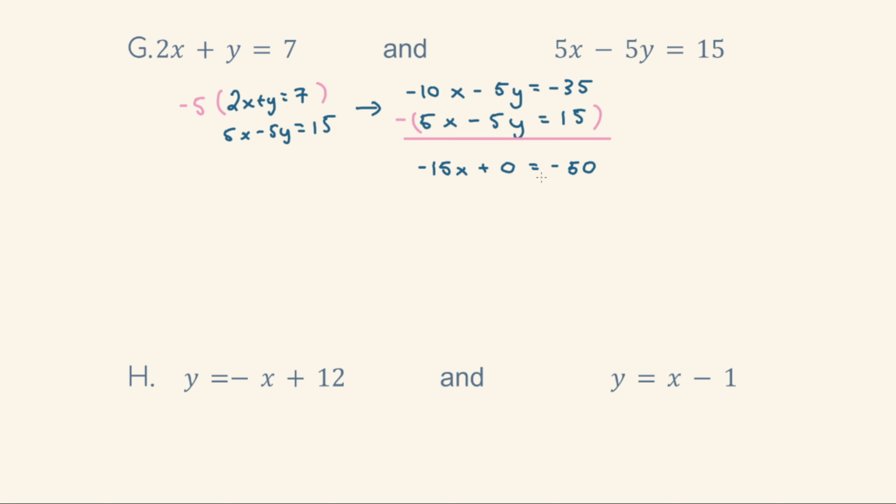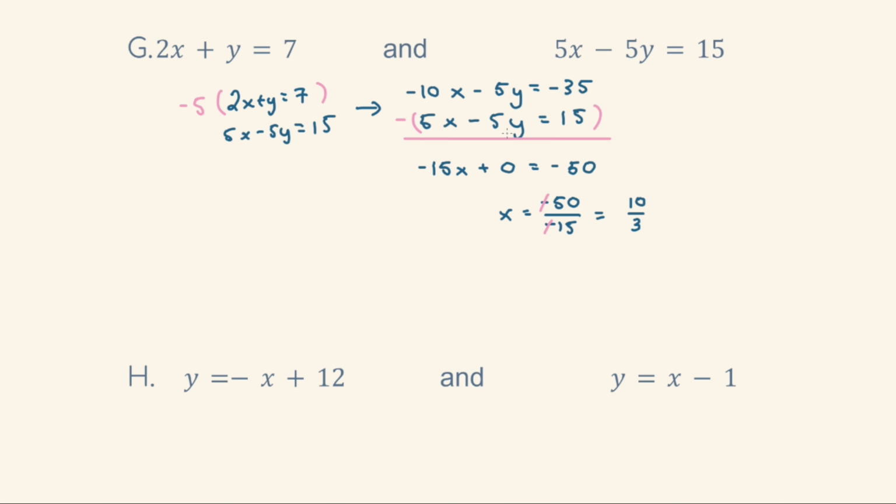Now we divide both sides by negative 15. That's going to give me x is equal to minus 50 over negative 15. The negative signs cancel out here. And 50 divided by 15 simplifies to 10 over 3. Okay. Now, to find what y is, I'm just going to take this x equals 10 over 3 and plug